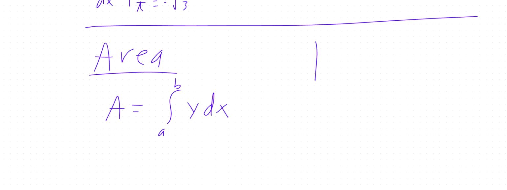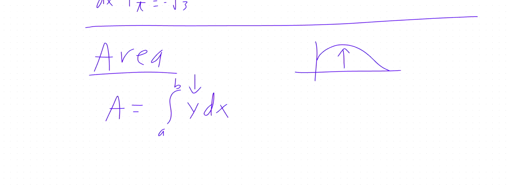And there we do our f of x dx, but our f of x was always the height, whatever that y value was. Since our y value is no longer a function of x, we're going to use that y value,